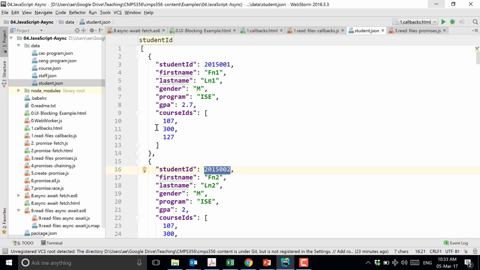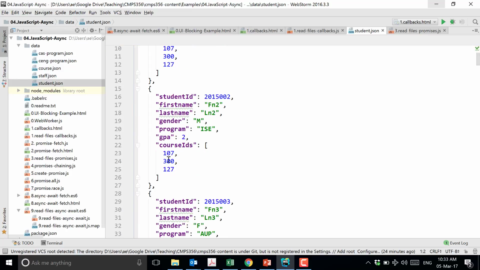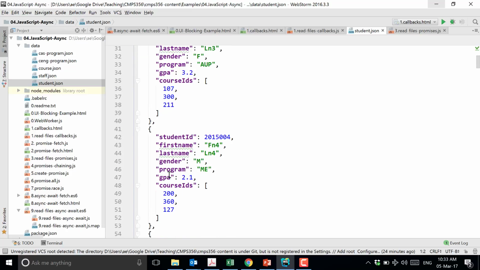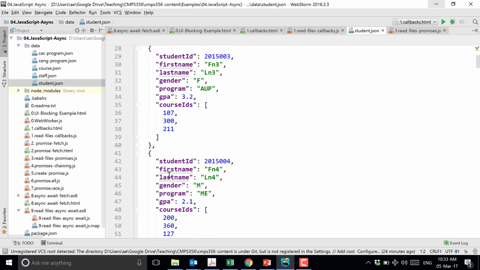So in here, this is basically an array of objects. You see what's going on here? I have many students here: student 001, 002, and this is the first name, last name, gender, the courses they are taking. So my goal here is I want to read this from a file and just display it, yes?